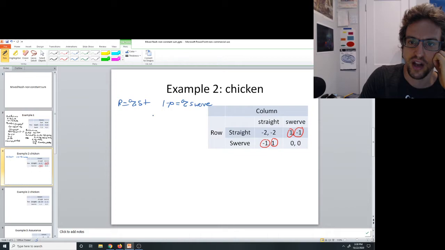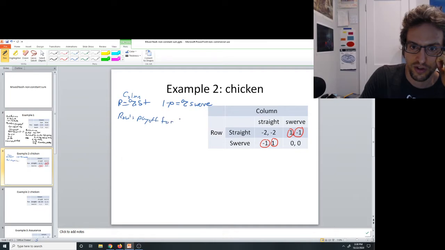Now notice I only have to do this once because it's symmetric. So then I go for the payoffs. I don't have to say rows payoffs, but row's payoff, this is row's payoffs, this is for column. So then row's payoff for straight is going to be -2 times P plus 1 times 1 minus P, and row's